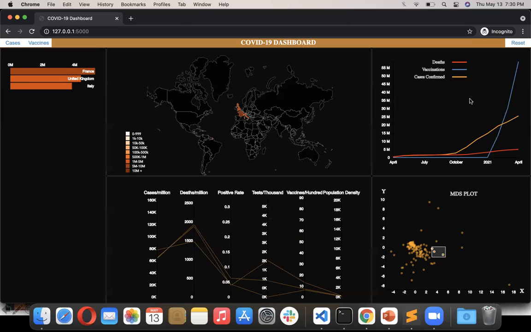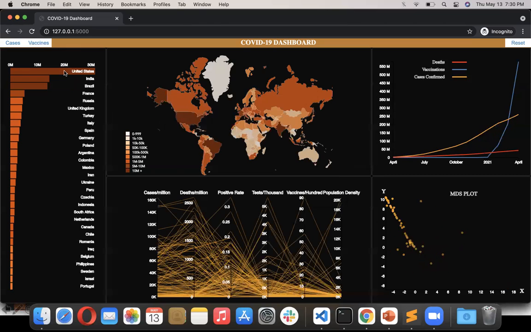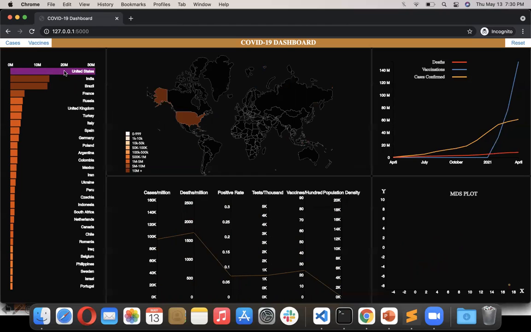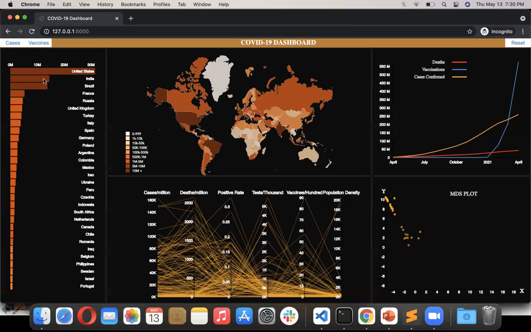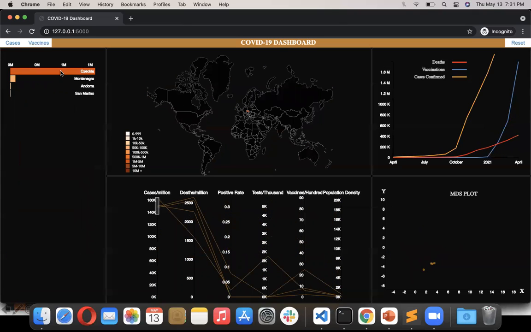And United States is different because it has a higher case count when compared to the rest of the world, of around 30 million, and India is different because it has a higher case count but a very low cases per million ratio when compared with the other countries. So the entire world media is focused on United States because of its higher case count, but the higher cases per million is actually registered in Czech Republic. So if you can see, Czech Republic had the higher cases per million. That indicates that you're more probable to get COVID if you're in Czech Republic when compared to the other countries.